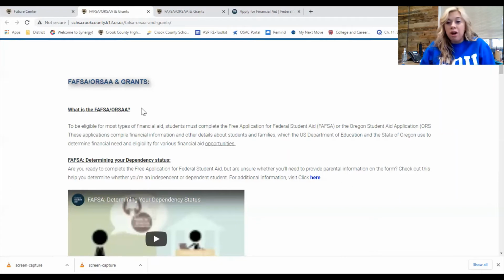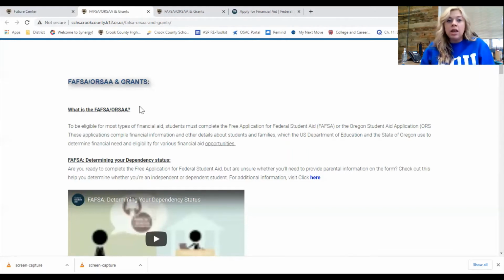And also the Oregon Promise. The Oregon Promise is the 2-year grant that can help pay for community college for up to a 2-year degree at any Oregon community college. It's only sometimes based on income. So this last year it was based on income, but we only had 2 students who were denied, and they were able to then go through a Crook County School District program to be able to pay for their first